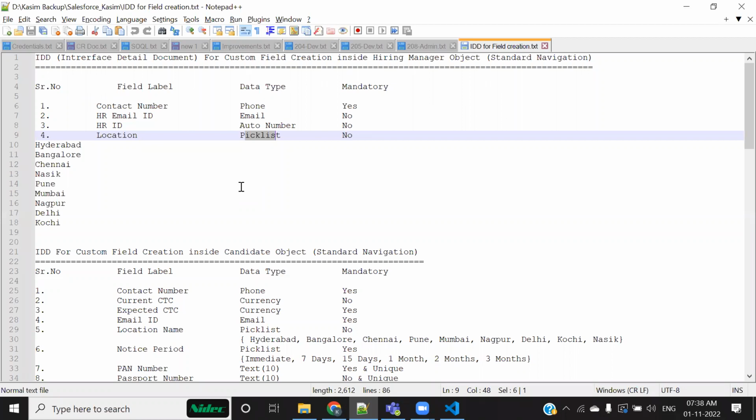In most of the times, out of every 10 times, it would be 9. You would be having 90% of the time one document with you, which would guide you and provide you the steps, or give you the information regarding what requires to be created.